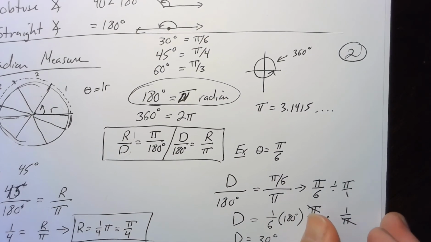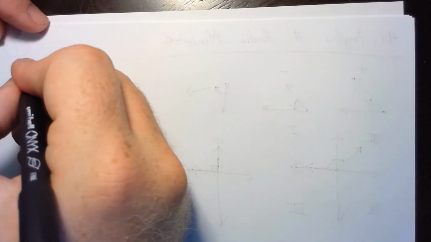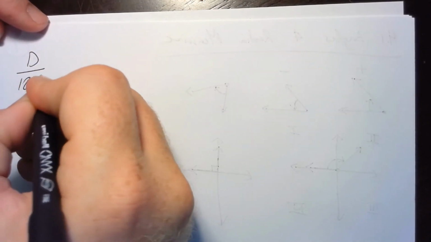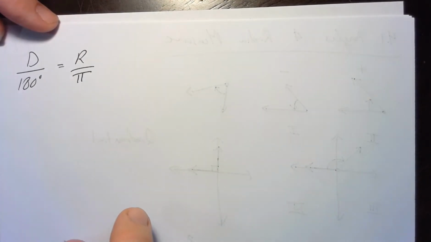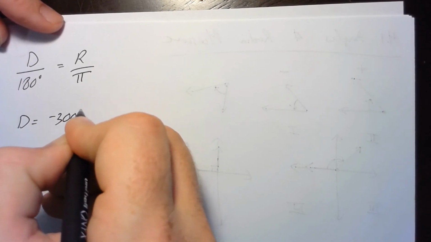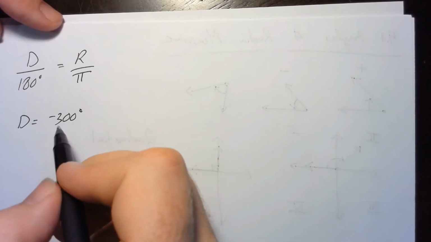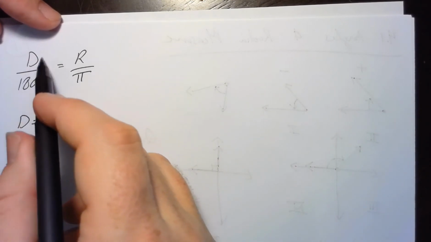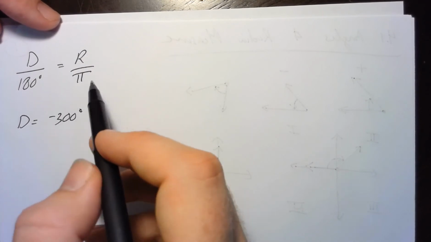I will do one more example just to show that these are not the only ones we can do it with. We can do it with all sorts of examples. So again, I'm going to have d over 180 degrees equal to r over pi, and then I'm going to look at trying to convert, say, the degree measure of negative 300 degrees. The fact that it's negative doesn't change the process. It's important to understand that we can plug in any angle measure for the degrees, or any radian measure for r, and still get back a value.